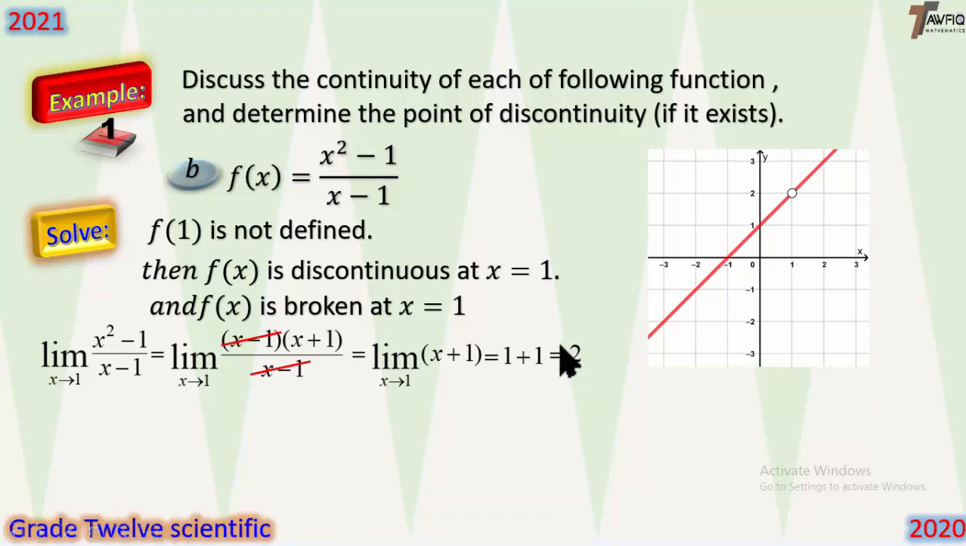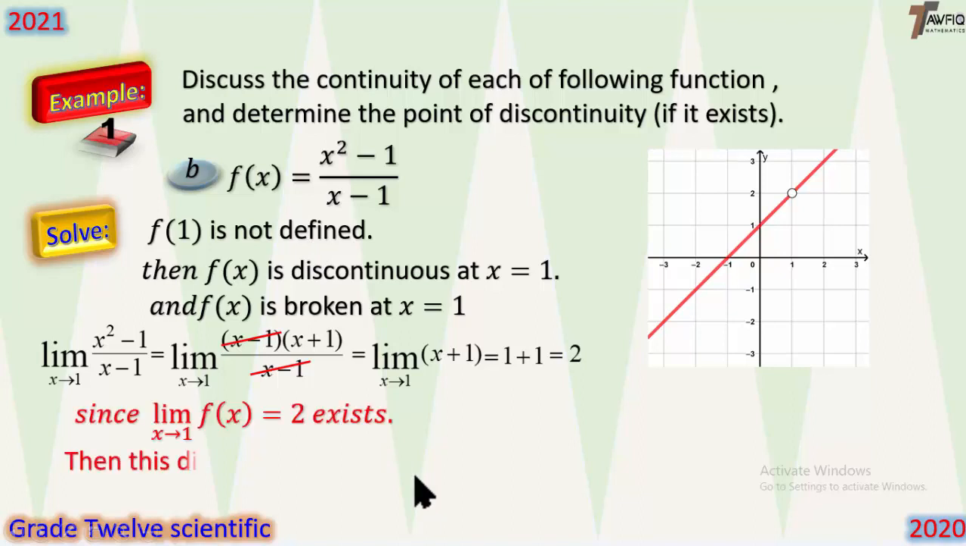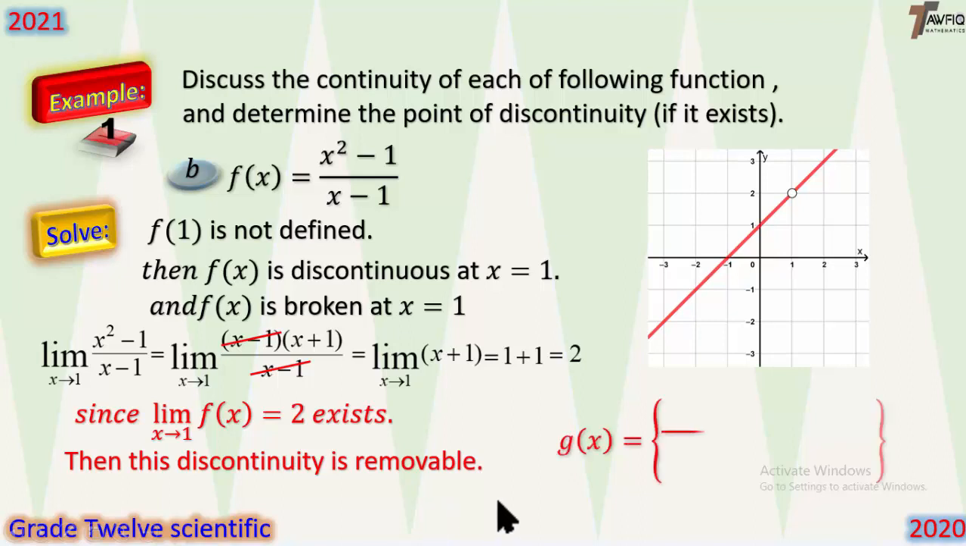Because the limit exists and the function is not defined at that point, the discontinuity is removable. Therefore, to remove this discontinuity, we define a new function g(x). Write the function, which is (x squared minus 1) over (x minus 1), here, and say here x is not equal to 1,